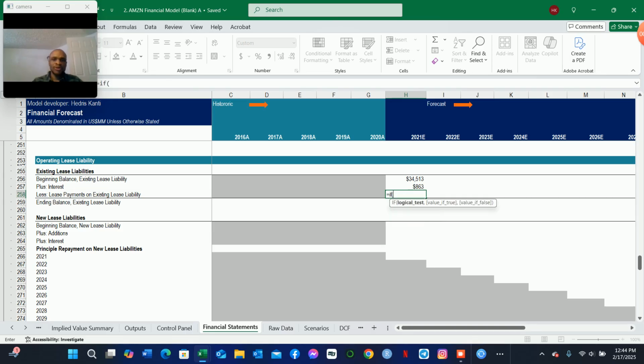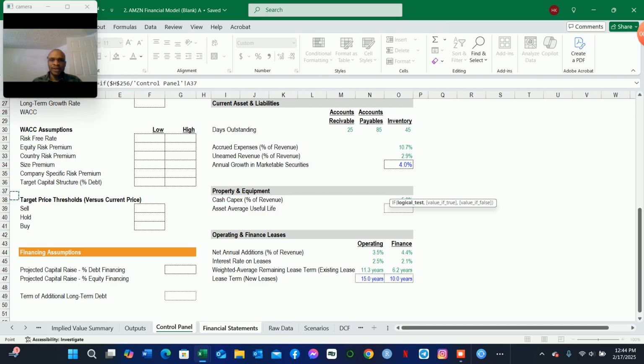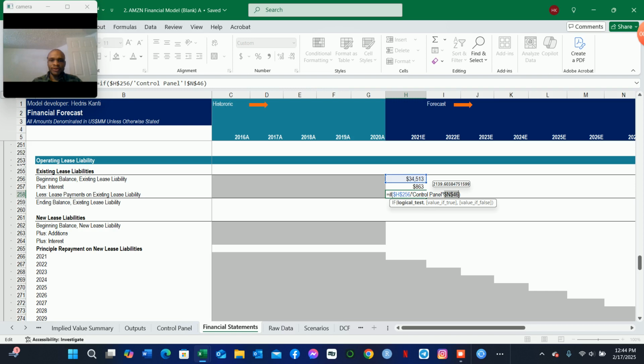So we'll say if the opening balance, which we have to reference with F4, divided by, we go to the control panel tab, the weighted average remaining lease term for the existing leases of 11.3 years, is less than the beginning balance,